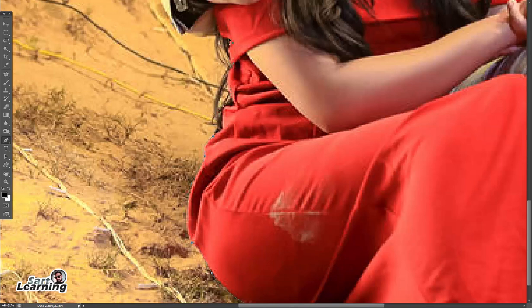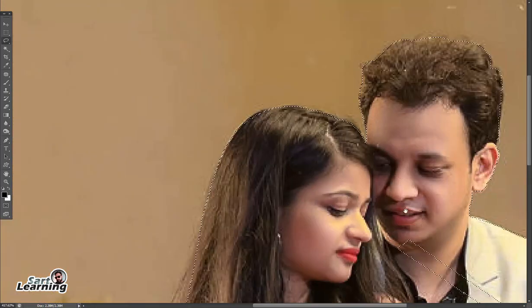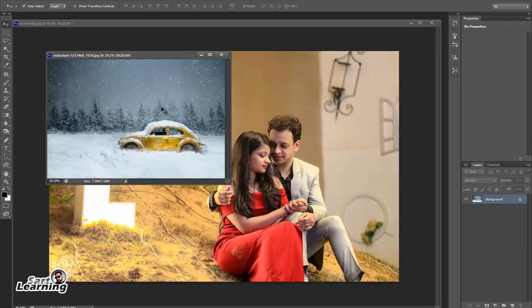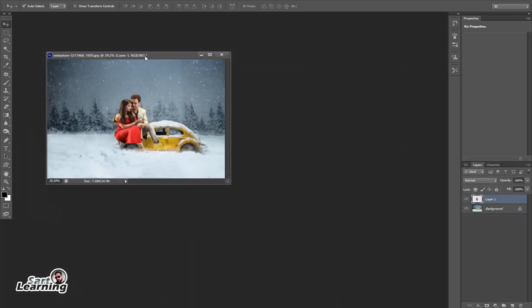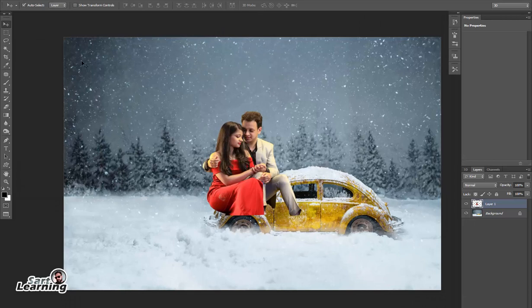After selecting all the edges of the couple, press Ctrl Enter to convert your path into a selection. Now copy the image and paste it in the background image. First of all, I have to duplicate the couple image.